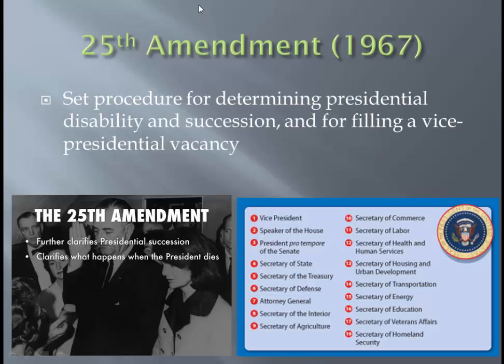All right. 25th Amendment set the procedure for determining the presidential disability and succession. Congress makes the decision. If the president can't be the president anymore, there is a rule, there's a list. Who's the list? Well, if the president can't be the president, it is the vice president. Then it would be the Speaker of the House. Then it would be the leader of the Senate. Then it was the cabinet positions in the order they were created. And the last cabinet position created, the 15th cabinet, the Homeland Security, happened after September 11th, right?